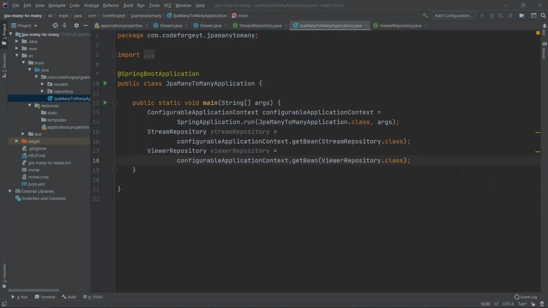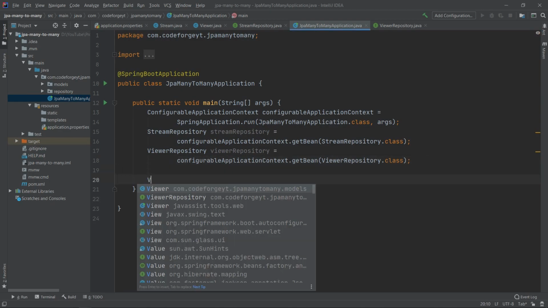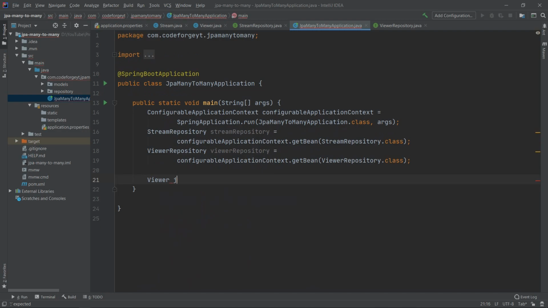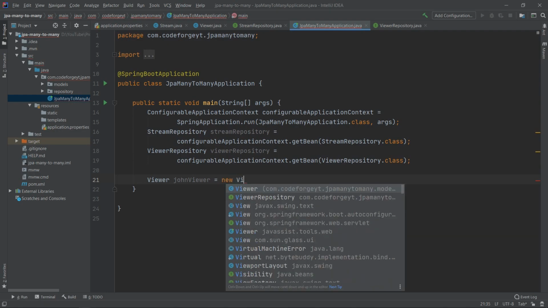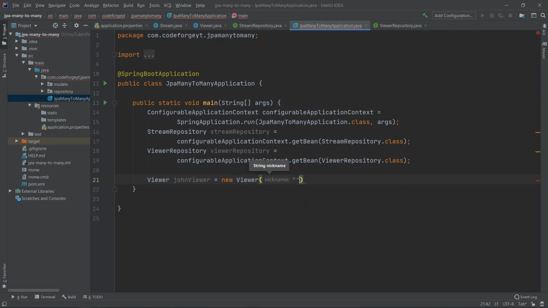Repositories looks good. Now let's create objects which we will persist to the database. So let's create viewers first. We will have John viewer, and we'll use our constructor. So it was new viewer, and let's say it will be John 1, 2,